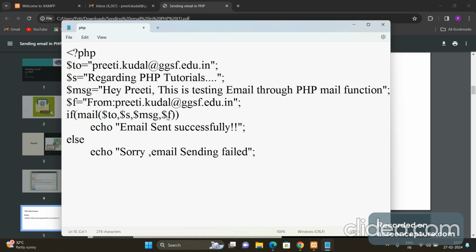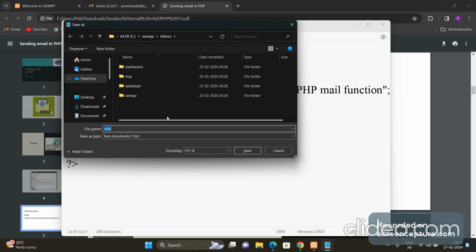And close the PHP tag. Suppose I am saving this file under XAMPP htdocs with the f2.php file,